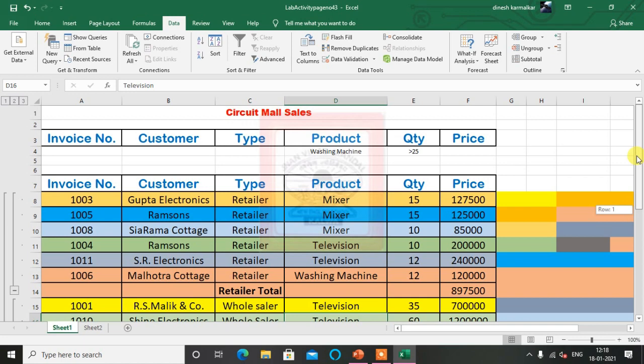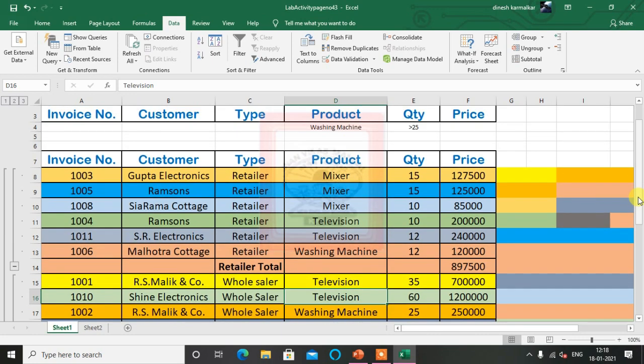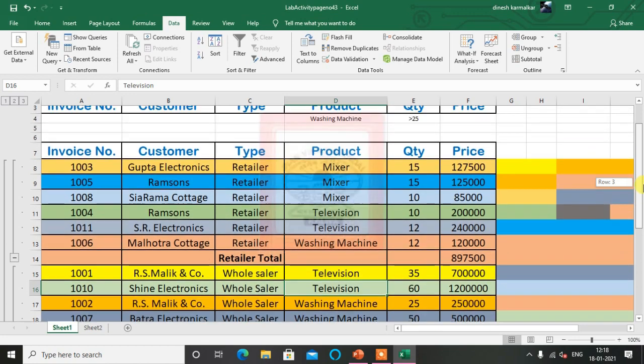And now the last option is called the pivot table, which we have seen. Now to create a pivot table, we want our normal table, so we will remove these subtotals.